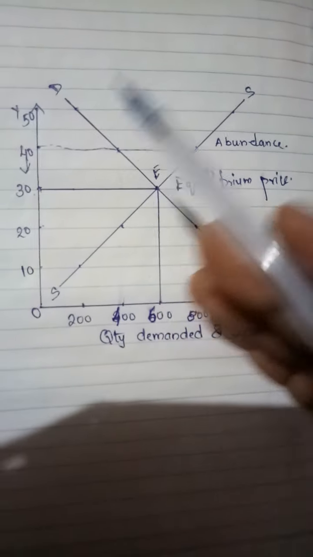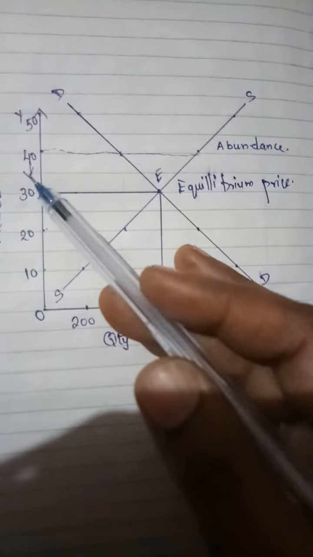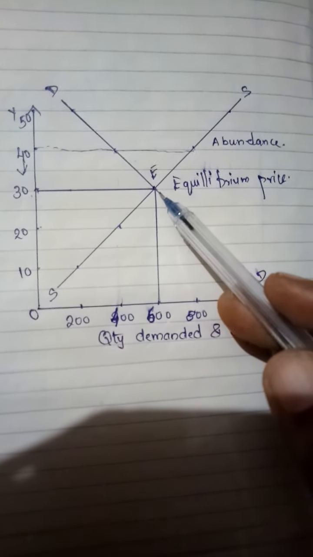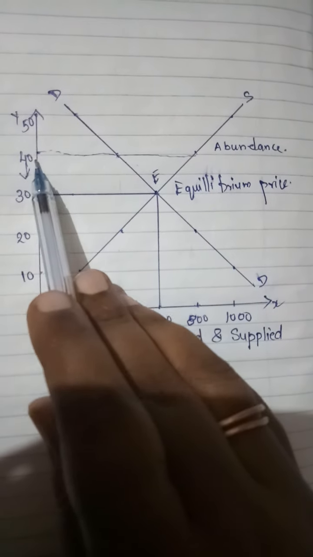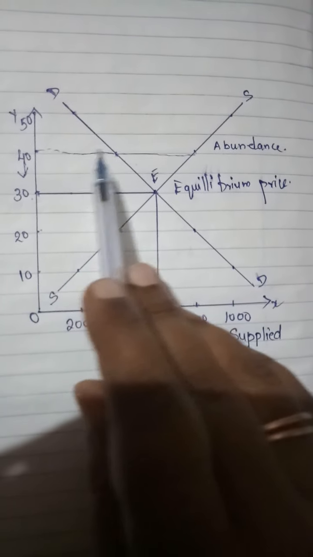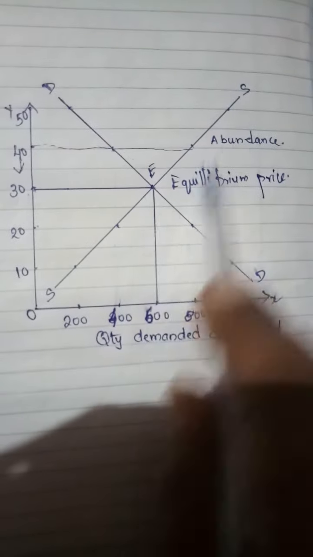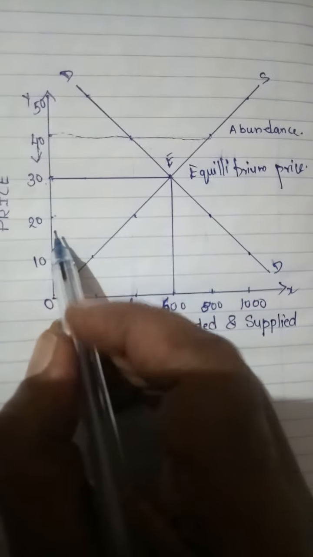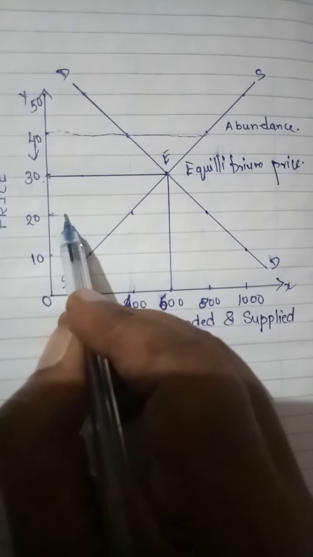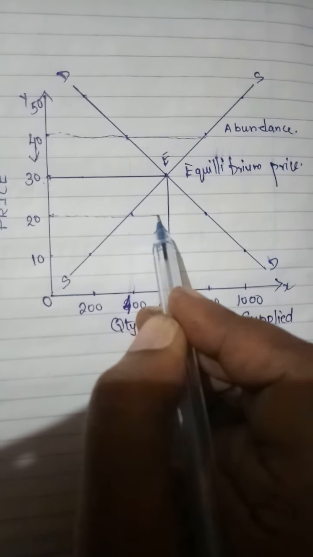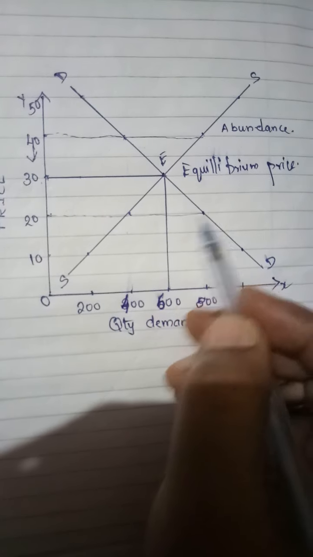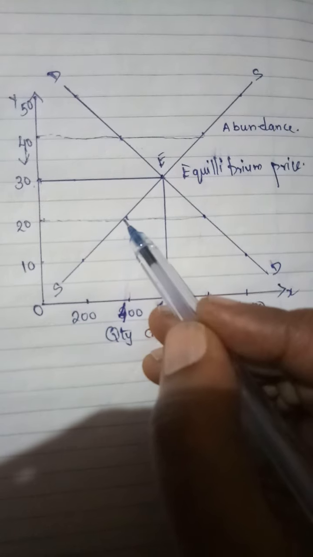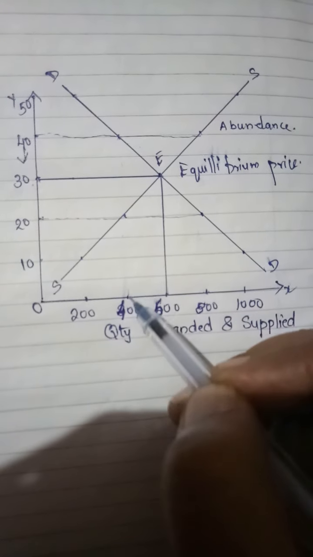The question arises, till where will the price fall? The price will fall till 30 and we regain our equilibrium position. Okay, so you have to see where the line you are drawing intersects your demand curve and the supply curve. Now let us take another instance where the price is falling. So if the price is falling to 20, what will happen to our demand and what will happen to our supply? Now when the price falls to 20, we can see that it is intersecting our supply curve at 400